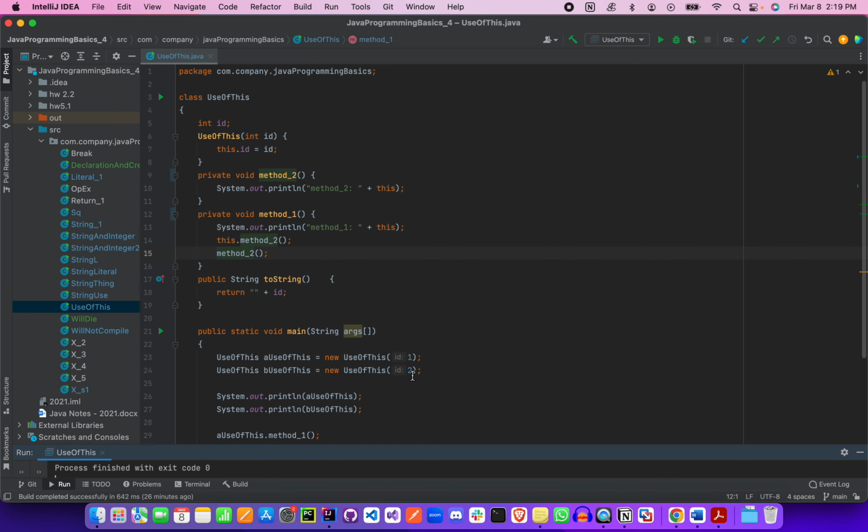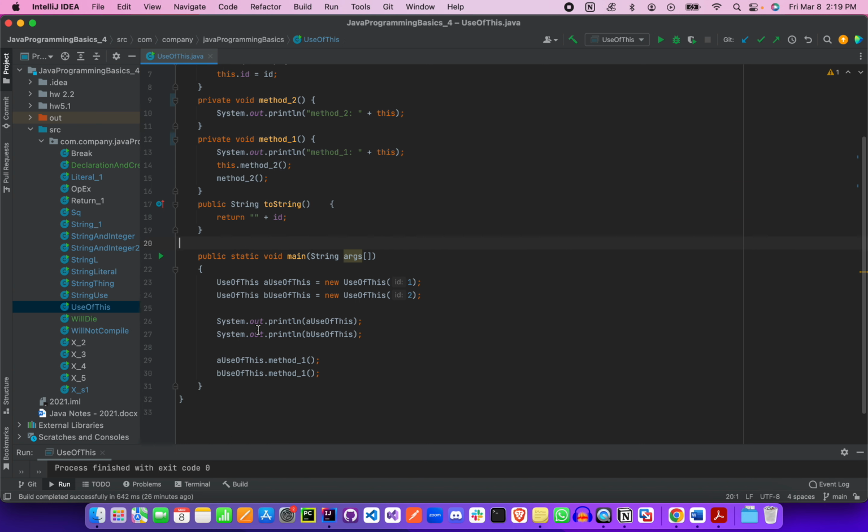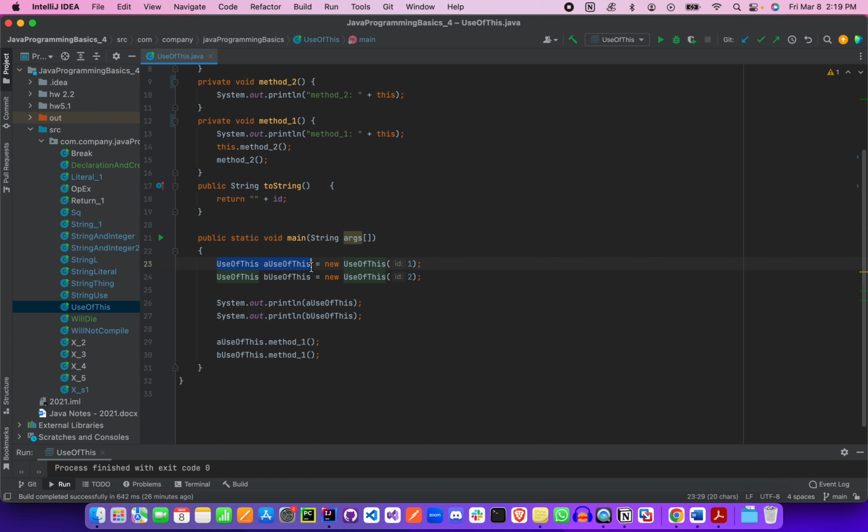So now let's understand the this keyword in Java. Here we have a class, UseOfThis, with a class-level variable int id, a constructor, and some methods, and here's the main method. In the main method we declare an instance of this class, aUseOfThis, and pass